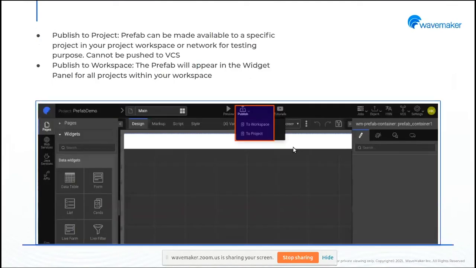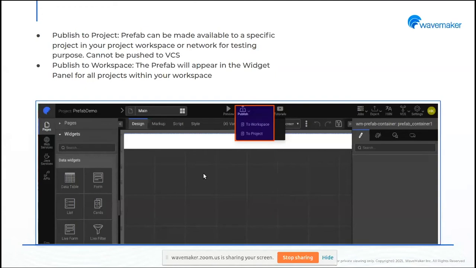And once you are satisfied with your prefab, you can publish it to your project. So there are two ways in which you can do this. You can either publish it to a single project or publish it to your workspace. So what publish to project means is, say you are working on your prefab incrementally and you are doing 4 or 5 changes per day. So it becomes a hassle to publish it to workspace and then import it again and again. So you can just say publish to a particular project and just go to that project and refresh. That's it. Your latest prefab changes will reflect there.